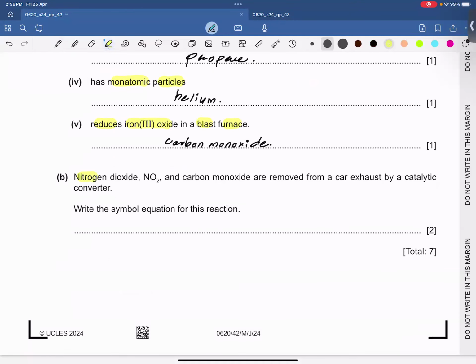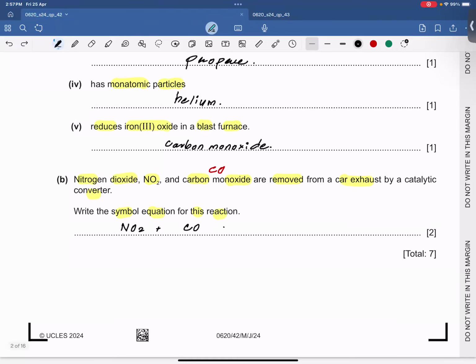Now the next part is nitrogen dioxide, which has a formula of NO2, and carbon monoxide, which has a formula of CO. They react together and are removed from the car exhaust by a catalytic converter. Write the symbol equation for this reaction. So that's an easy thing. We have done that in class. Nitrogen dioxide and carbon monoxide converting into carbon dioxide and